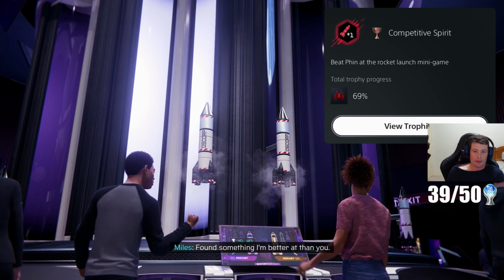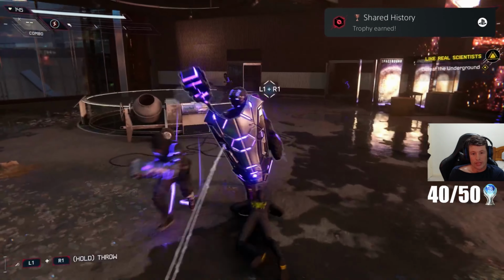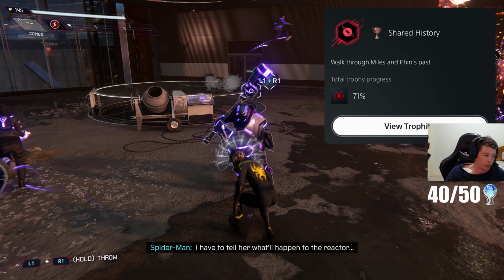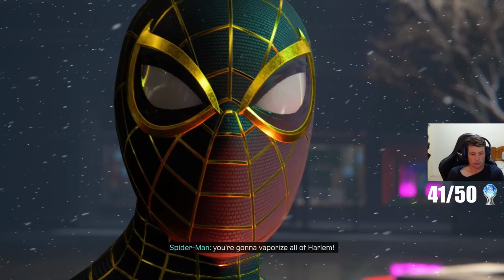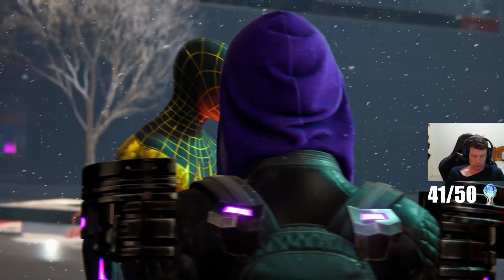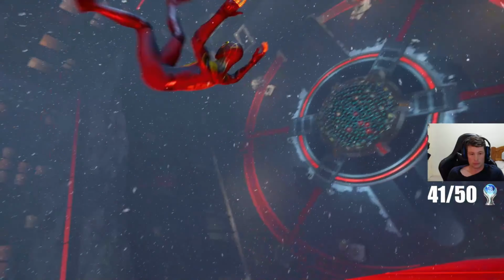Competitive spirit. Beat Finn at the rocket launch minigame. Shared history. Walk through Miles and Finn's past. Miles confronts Finn, however he is unable to reason with her. Miles then fights and defeats Finn before absorbing all of the new form to prevent it from blowing up and